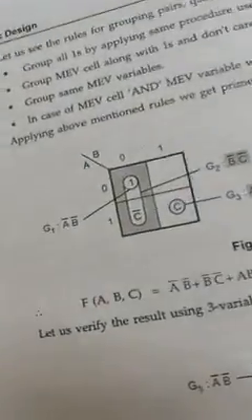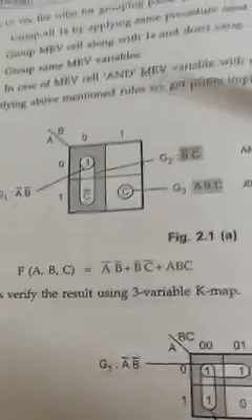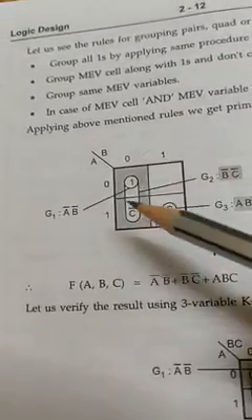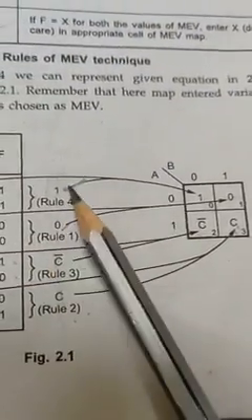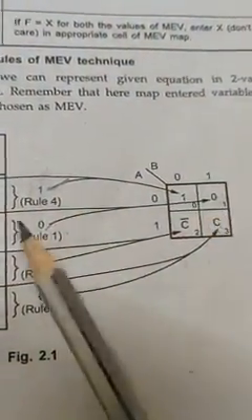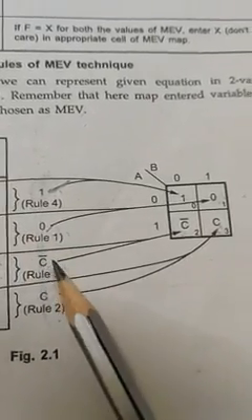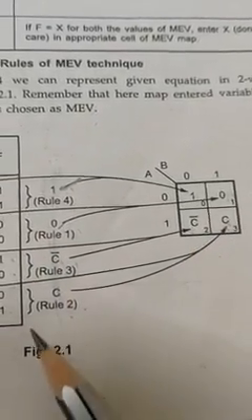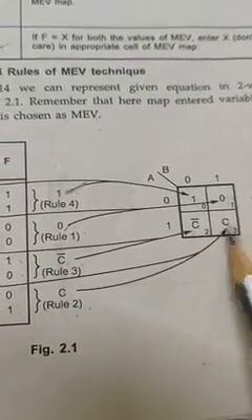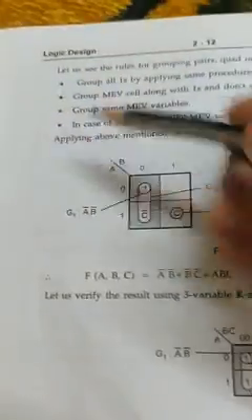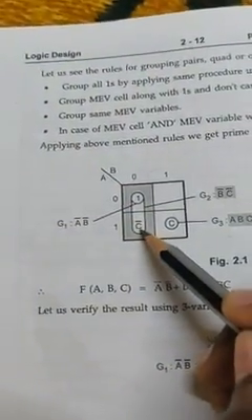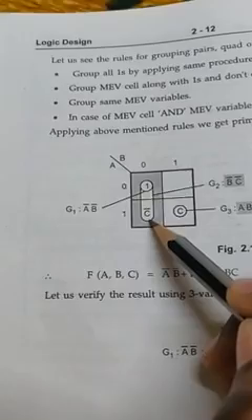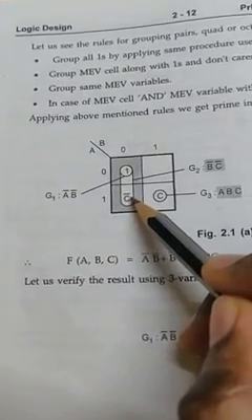So let me group this. Here you need to remember a few things now. We have filled a K-map like this. This is 0, this is 1, 0 place is 1, 1 place is 0, 2 place is C bar, I have written C bar, third place is C, I have written C, okay. So if you want to group these variables, C bar, C, something like that, you need to search for the,